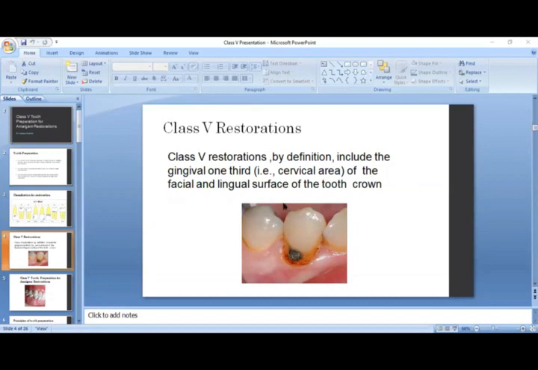I'm pointing the cursor. You can easily see there is a shadow of the tongue. The side that is in front of that tongue is the lingual side, and that is basically the facial side. So any carious region that is present near the gingival line or near the gingival third or the cervical area on the facial side would be designated as a class 5 carious region. So please don't confuse this thing that it is present only on the facial side. It could be present on the facial or lingual side or both sides. So don't be confused by that. But it should be near the gingival line. Keep this in mind.